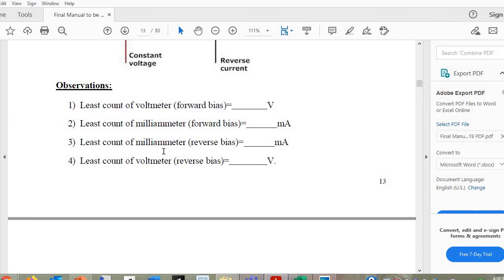Ma'am, do we have to write that on the manual pages or normal pages? For this moment you can use any rough paper and write it down. For the submission, download the PDF, then with the help of a PDF editor put the values in the blank spaces and upload the copy. How to upload and all that we will see next week. I don't want to give you a high burden at this moment. Today we will have the discussion and next week we will have the uploading and other things.